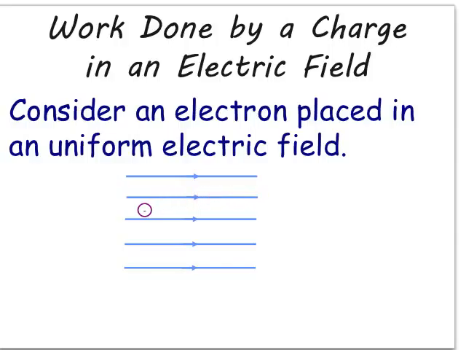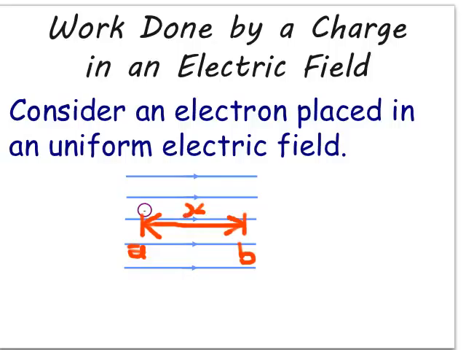However, this is a negative charge, so it would want to go this way. So if I want to grab this charge and move it from point A to point B, which is a distance x,